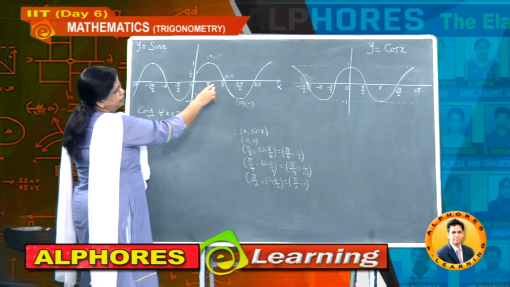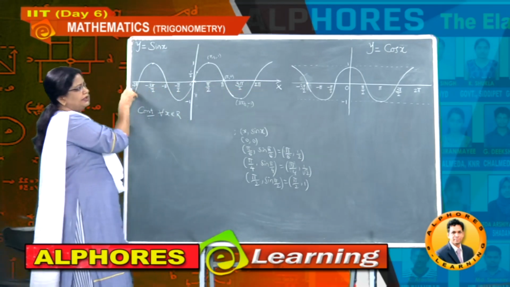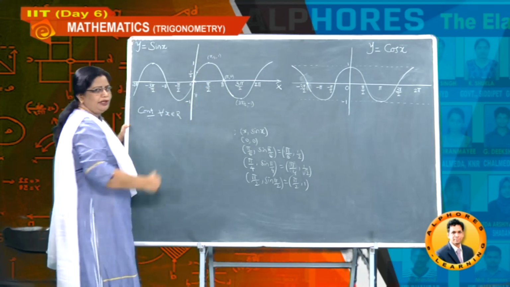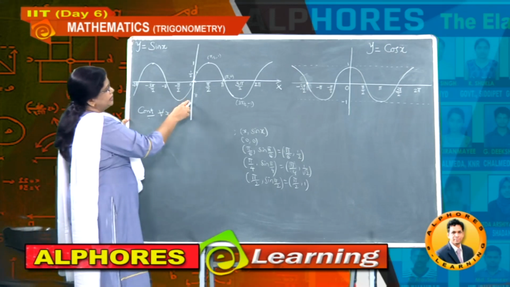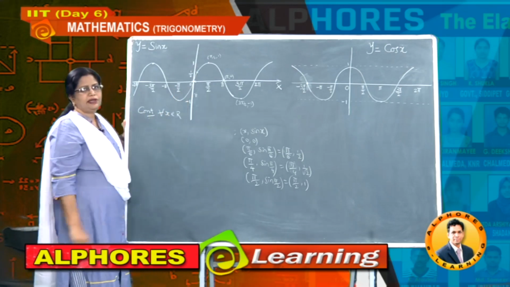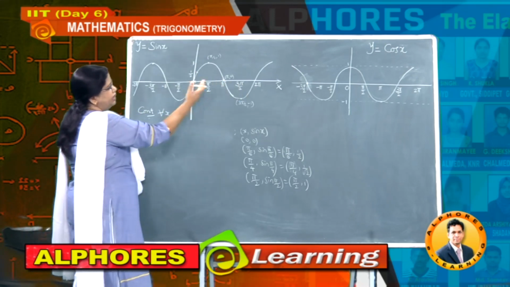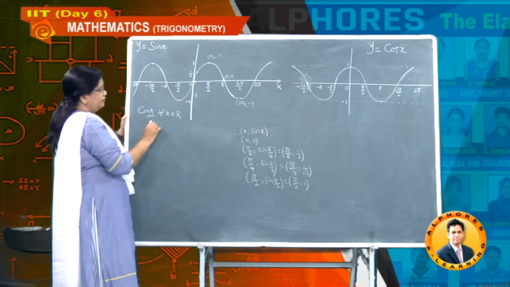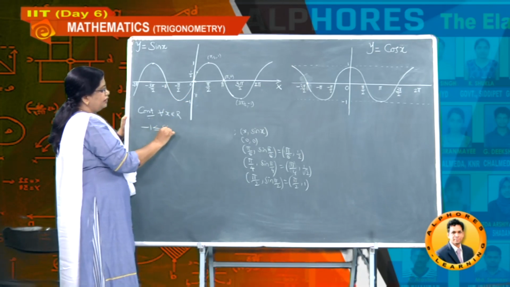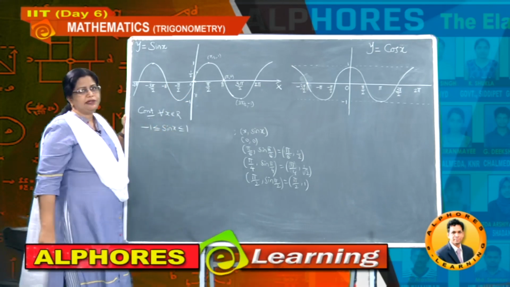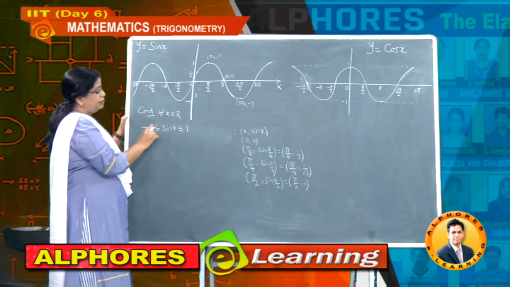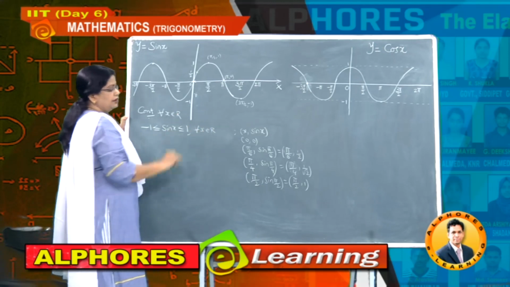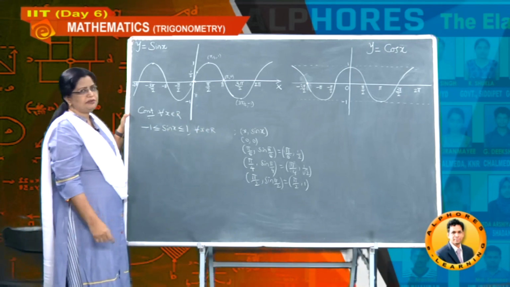And the next one is here: if you write here, this is 1, this is minus 1. However it is taking the largest value and the least value on this side, the curve is never going above 1 and it is not coming below minus 1. That's why it always takes values only between minus 1 and plus 1, however large or small x is. That's why sin x always belongs to minus 1 less than or equal to sin x less than or equal to plus 1. So sin x takes values only between minus 1 and plus 1, and this is true for every real number x.